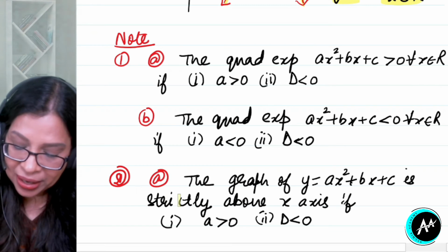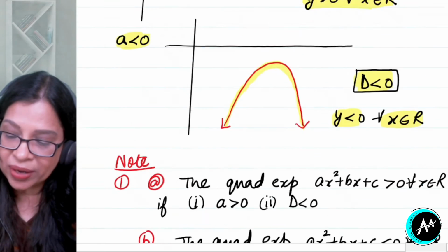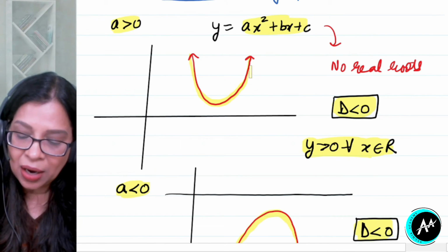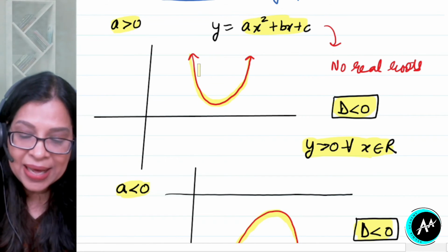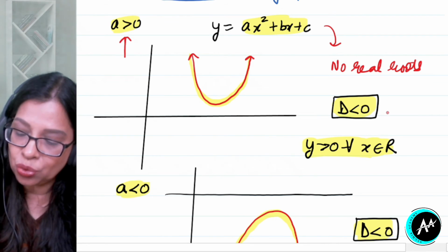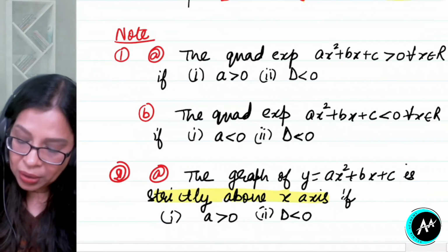Graph is strictly above x-axis. As you can see, it's case 1. See here, look here, graph is strictly above x-axis. When is that? When I have a to be positive and d to be negative. All right. Now the second part of that, it would be